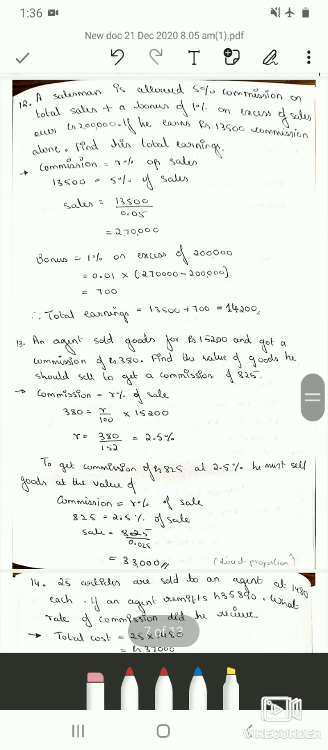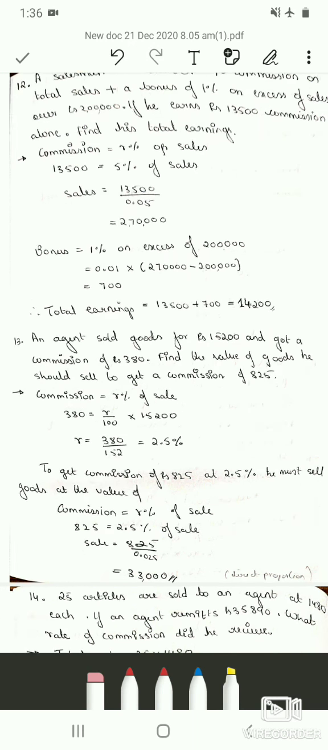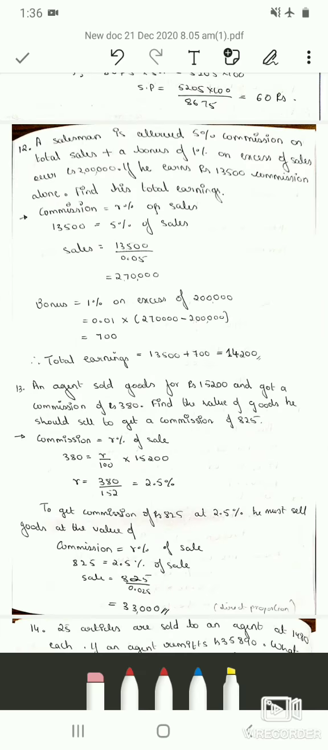So the next question is, a salesman is allowed 5% commission on total sales plus a bonus of 1% on excess of sales over rupees 2 lakhs. If he earns rupees 13,500 commission alone, find his total earnings. So here we have to find out the total earnings of the agent. We know commission is equal to rate percent on sales, and they have given the commission of the agent, which is 13,500,